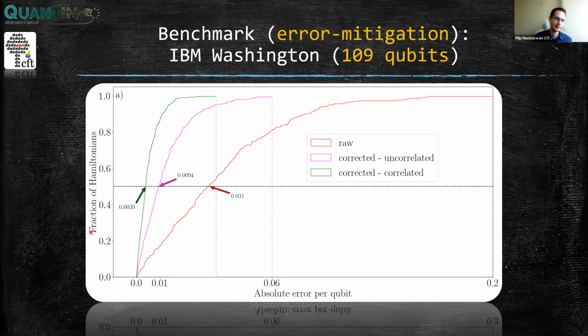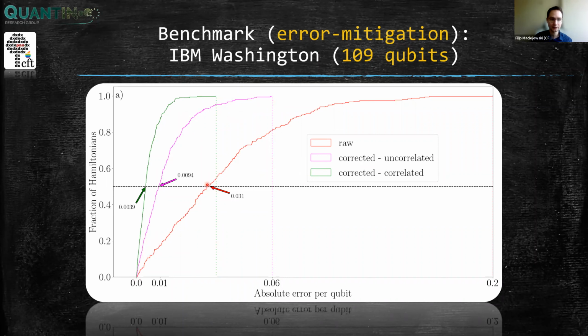And here is just a fraction of Hamiltonians. It was a few hundreds of them implemented. So the red line is experimental data which is uncorrected, so it's just noisy energy. As you can see, the errors are pretty high for this energy estimation. This line corresponds to the median of the results, so it's on the level of 3%, and this is per qubit, right? And then if you do the noise mitigation, but based on a completely uncorrelated noise model, so you just assume that none of the qubits talk to each other in the sense of readout noise correlations, then you will get this magenta line, this second one.